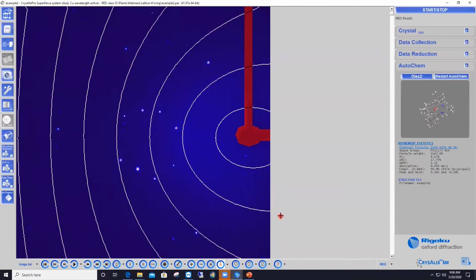Okay, so the first thing I'm going to do is play that dataset as a movie for you, so you see what's going on during data collection. You can browse through images of a dataset in CrysAlisPro using the buttons at the bottom left of the CrysAlisPro interface. If I click on this button down here, the double arrow button with arrows that point to the right,